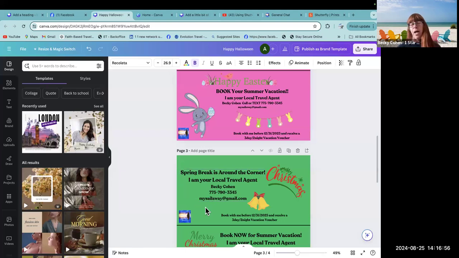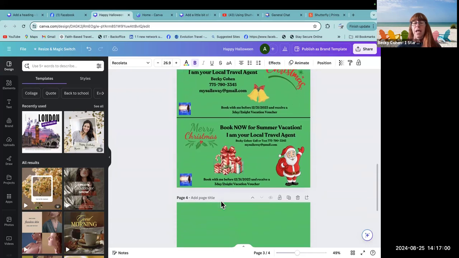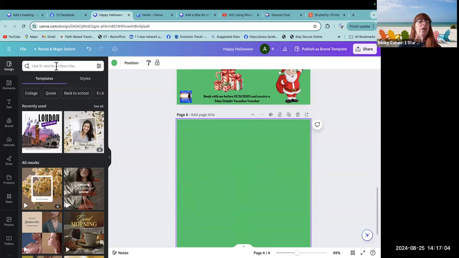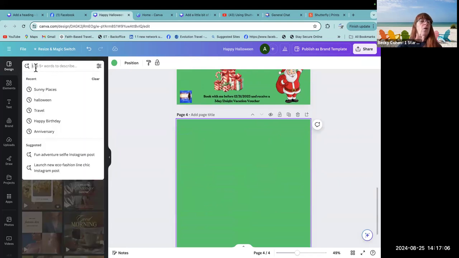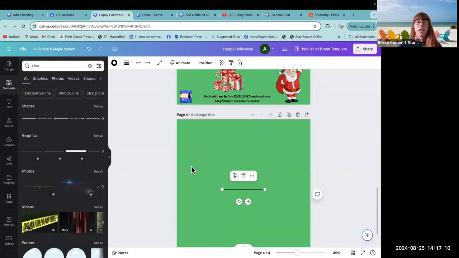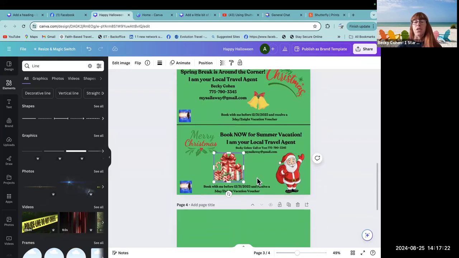Why not? Right? Okay. So you can make ones for Christmas. And this is all fun. So we're going to come in here and again, we're going to get the line. So we're going to go to our elements. We're going to grab a line and you guys are just going to create your own. You're going to put your logo on them. You're going to create your own and you're going to copy whatever Christmas little advertisement in, book now for summer